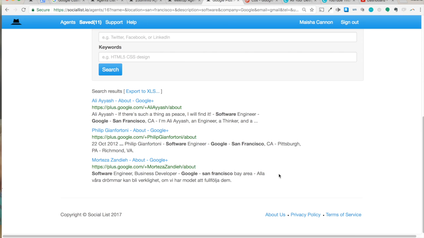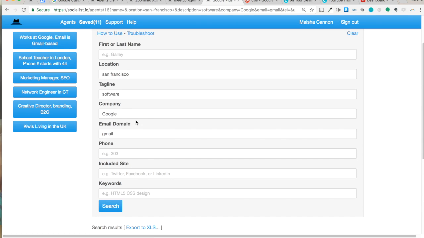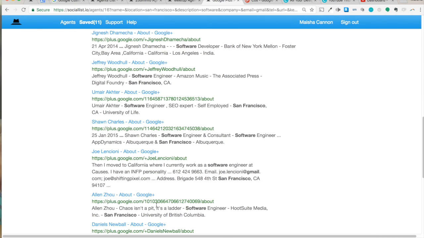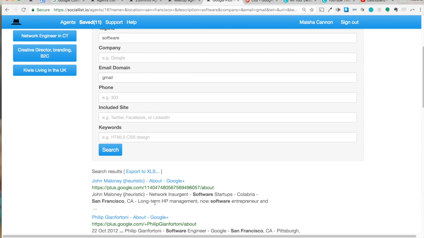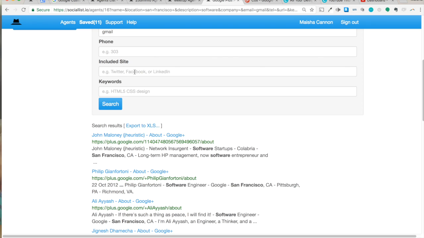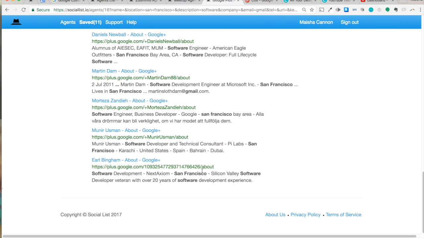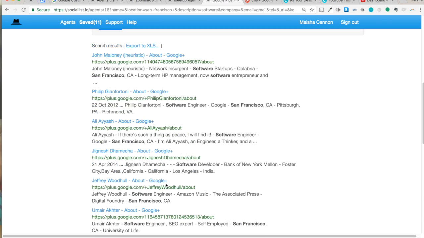Now, I don't think that Socialist shows you how many you get, in terms of a number, but here we can see there's only 3, right? But you can also extend that search if you said people that don't work at Google, but that have Gmail as an email domain, are saying something about software in their tagline, and they're in the city of San Francisco. If you ever get too narrow of a search, I don't think it's worth exporting 3 names unless your search is just that dire. But you can play around with it, and when you see that you have at least a full page worth, then you can go ahead and export the list from there.